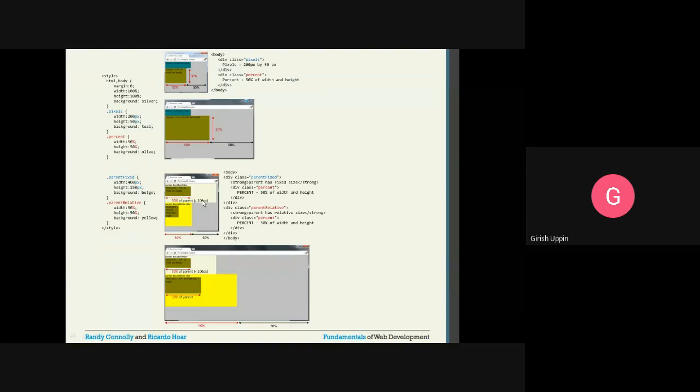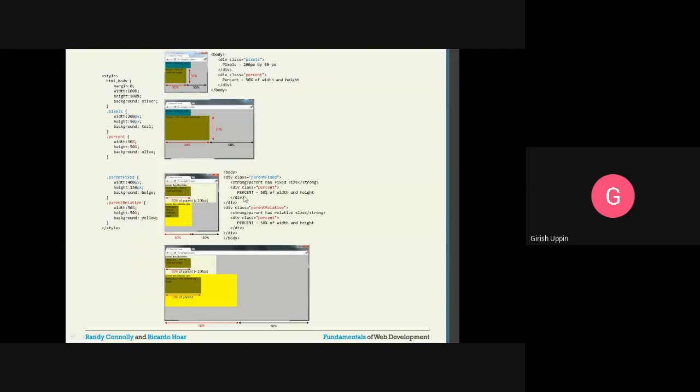This is one example. Second one is we have div class parent fixed, and parent fixed is this one. Width is 400 pixel, and height is 150 pixel. Then background is beige. So you can see this is the color. This strong percent has fixed size.